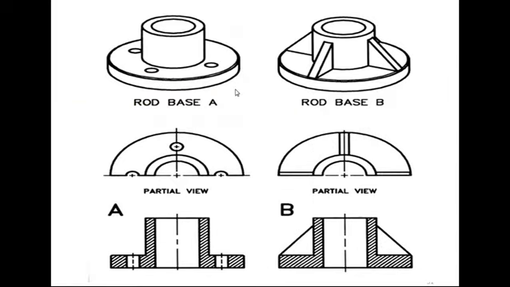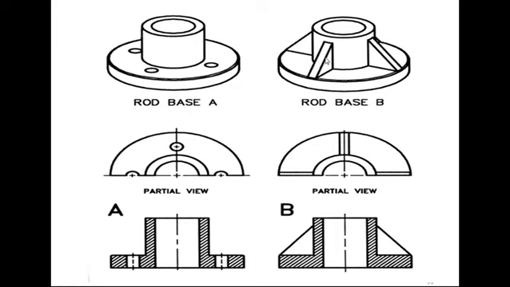One more example is here. This is your object. We will take a half partial. So partial is enough to understand this one. And this is your front view. This is the top view. And we will show here those are the solid parts. We are going to show the hatching pattern here, here, and the remaining things are empty.